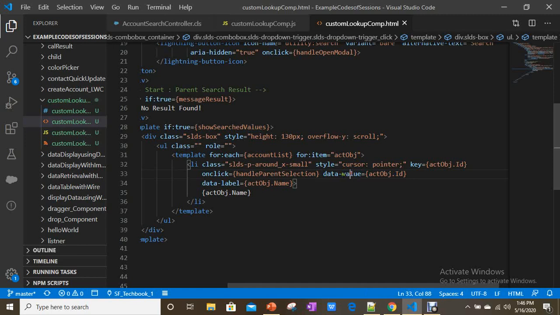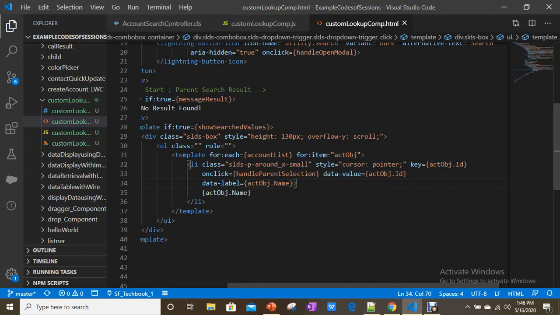Whatever name you use here, whenever the user clicks on this list item, you can get the value you assigned to this data value by using the name you gave. And to get the value of this data set or data item, you just need to use value in JavaScript to access this value.